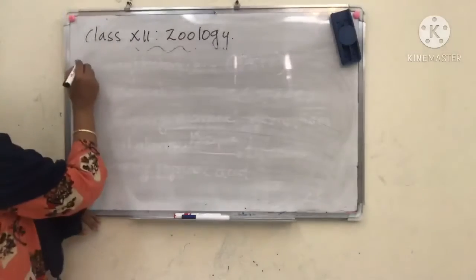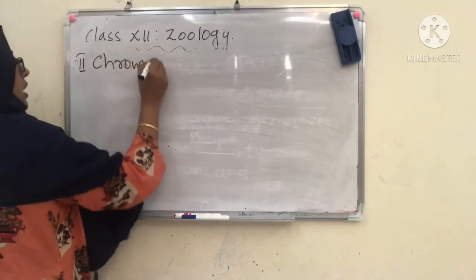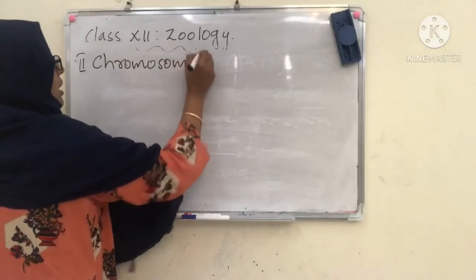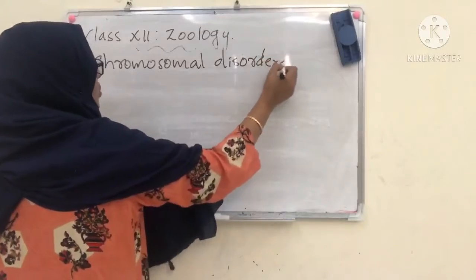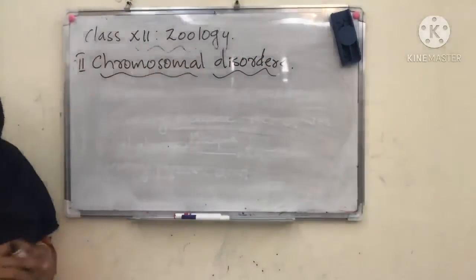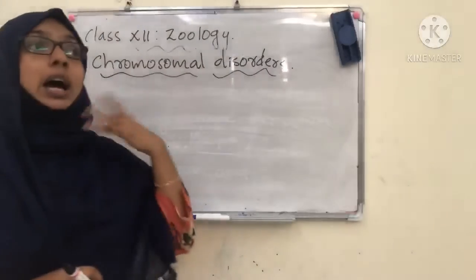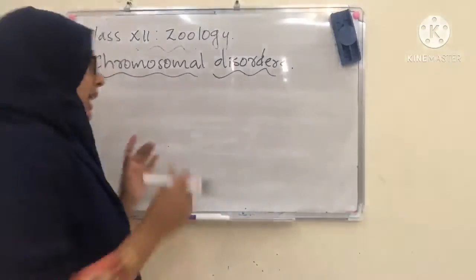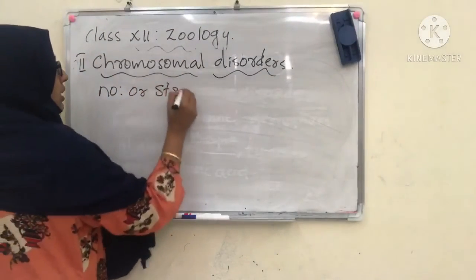Now we are going to see the second category of genetic disorders, that includes the chromosomal disorders or chromosomal abnormalities. Okay, chromosomal disorders. It is caused due to an abnormal change in the number or in the structure